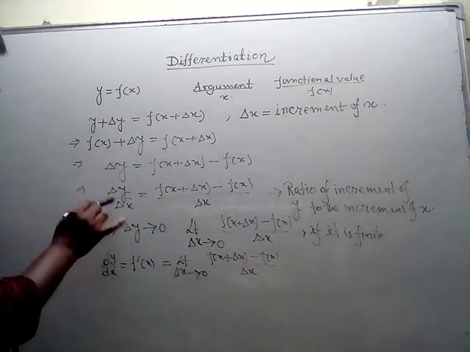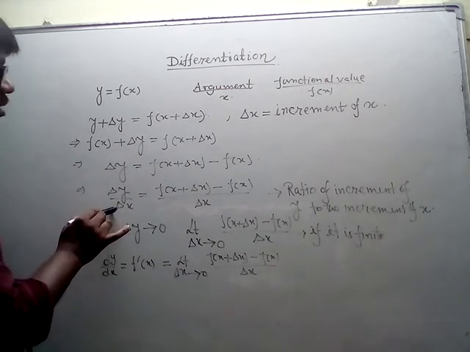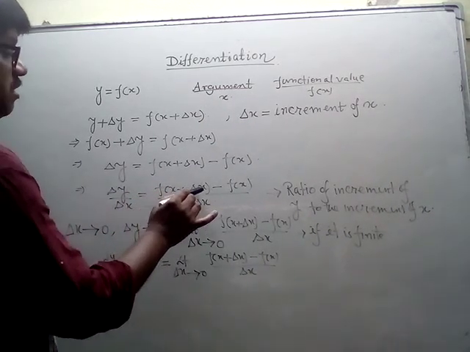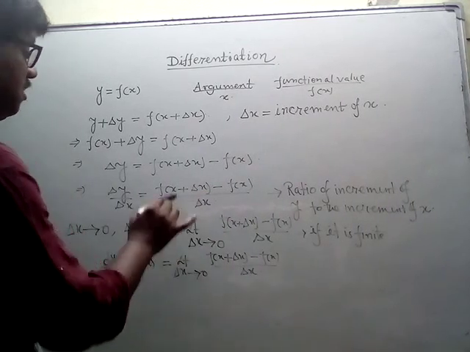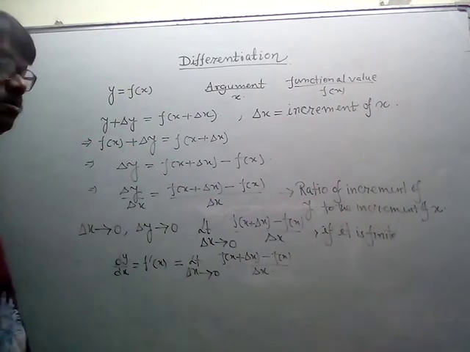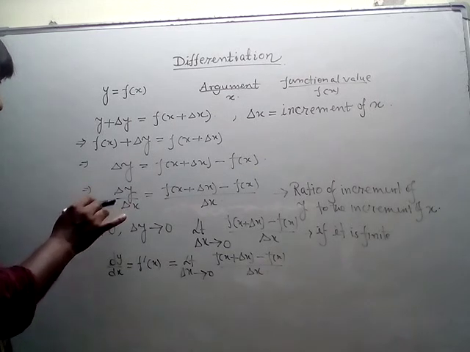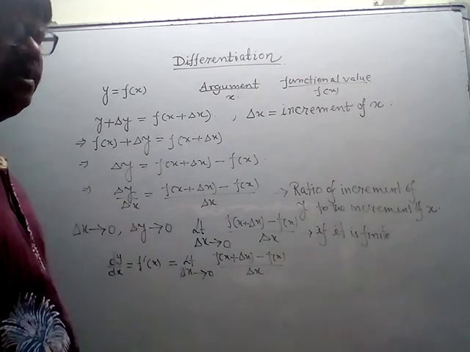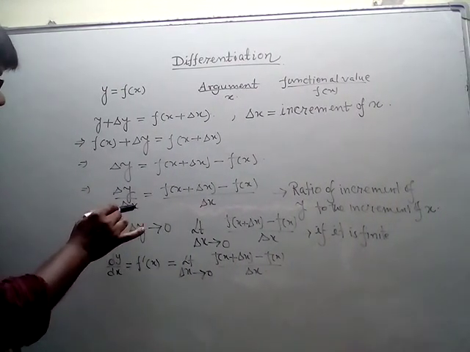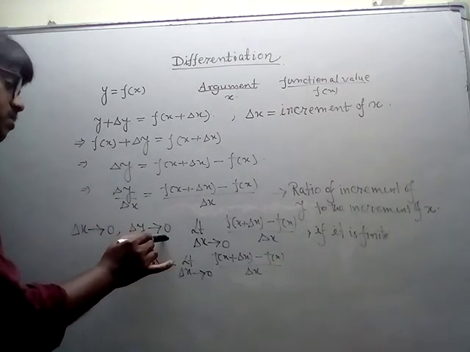Now delta y divided by delta x, that is the ratio of the increment of y to the increment of x, equals f(x plus delta x) minus f(x) by delta x. This denotes the ratio of the increment of y to the increment of x. And if the increment delta x is very small, nearly equal to 0, that is when delta x tends to 0, delta y tends to 0,